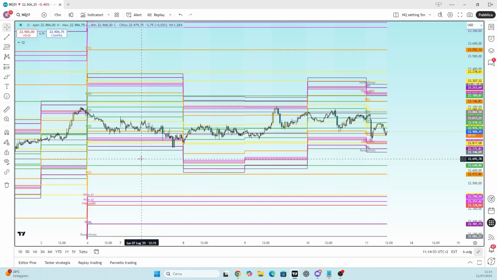how to identify the market environment using the BC3 2.1 indicator, which I'll explain how to use, how to read, and what its function is to help us interpret the market and determine the type of strategy to adopt for